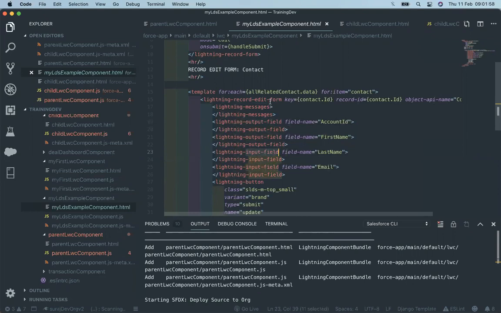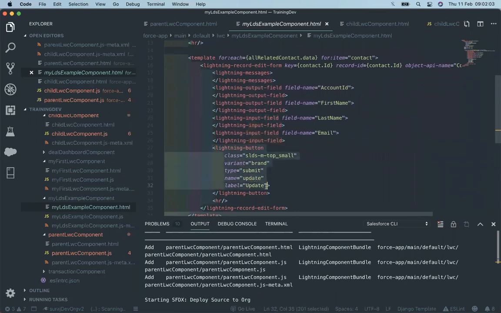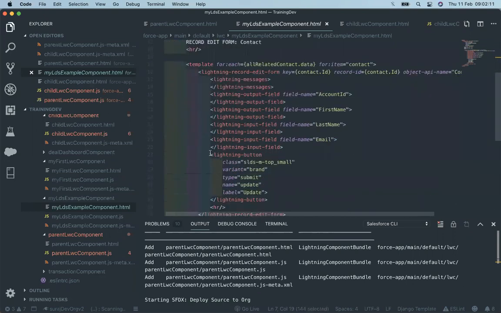One more thing, we also have the flexibility that we can show only one button. Whenever we use the record form, it shows two buttons, handle save and handle cancel, but here we can show only one button, two buttons, or many more buttons. On the basis of functionality, we can also add a reset button. Whenever the user clicks on that reset button, all the values get reset. It provides such flexibility to do all those things.